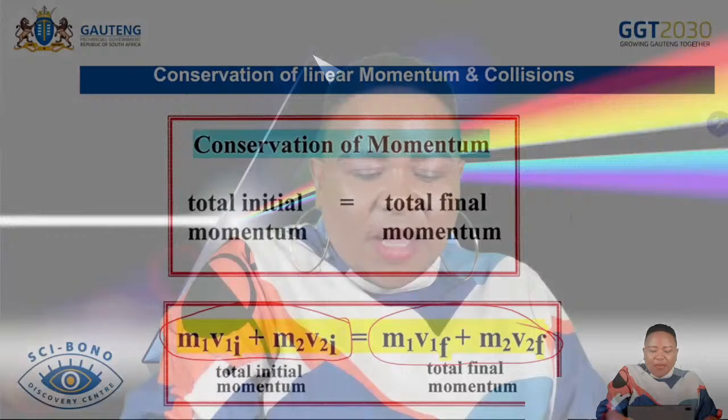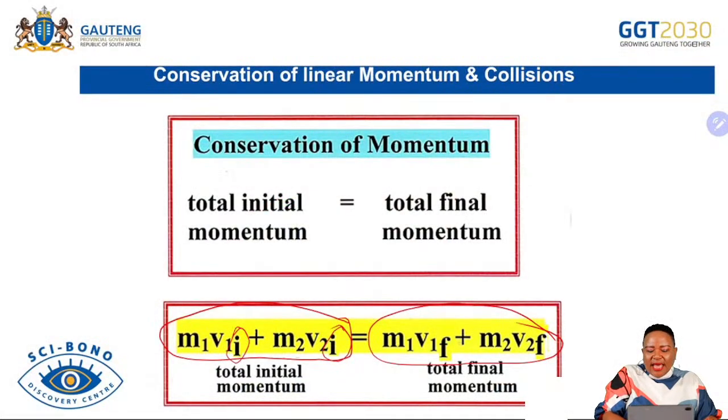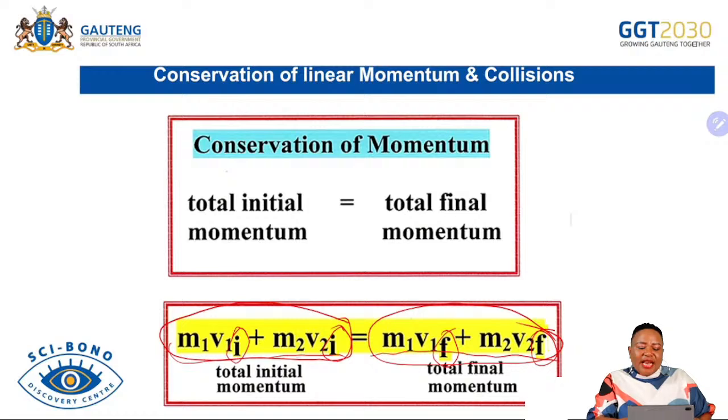So that is why here we refer to our velocities as i and f, because we know that during that collision, definitely there will be some change in momentum. And change in momentum is always determined by the velocities, because the velocities are the ones that are going to change and not the mass in terms of the conservation of momentum. We are going to take a 1 minute break, and after that we are going to look at how we deal with more complex questions in terms of the conservation of momentum and different types of collision.